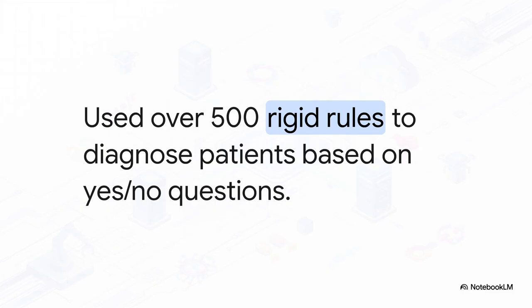To really put this into perspective and see how far we've come, let's travel back to the 1970s. Researchers built the MYCIN expert system to diagnose patients. It ran on yes or no questions. Well, specifically, it was a collection of over 500 rigid rules. It would ask a question, follow a predefined logic tree, and spit out a cure. Sure, it was artificial, but it definitely wasn't machine learning. If a patient happened to have a symptom that fell just slightly outside those 500 rules, the whole system just broke down. It simply could not adapt.